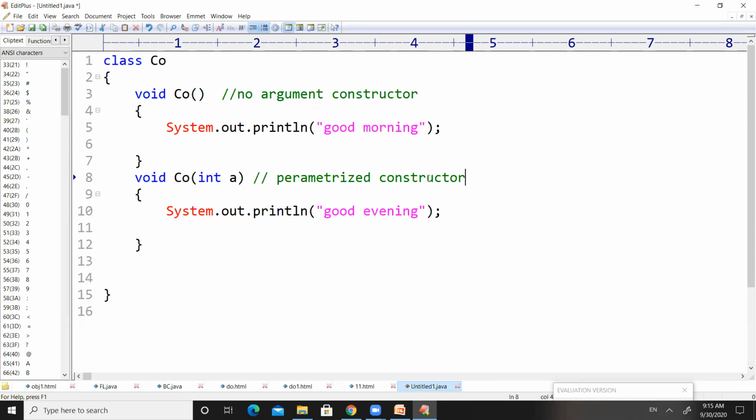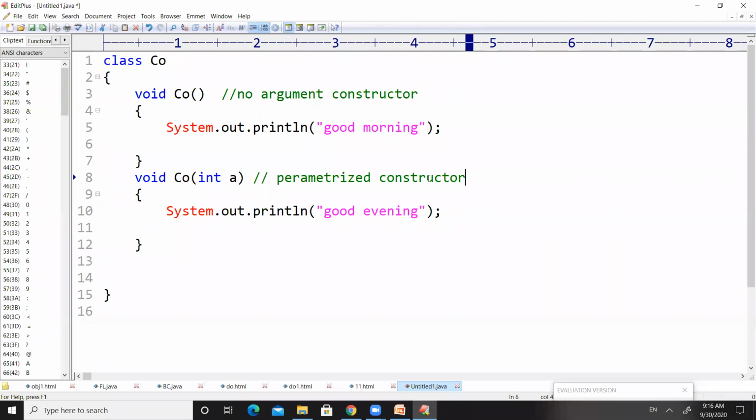So the one main rule is, here the class name and the method name should be same. If the class name and method name are same, then it is called a constructor. Constructors in Java are of two types: parameterized constructors and non-parameterized constructors, which means no argument constructors.